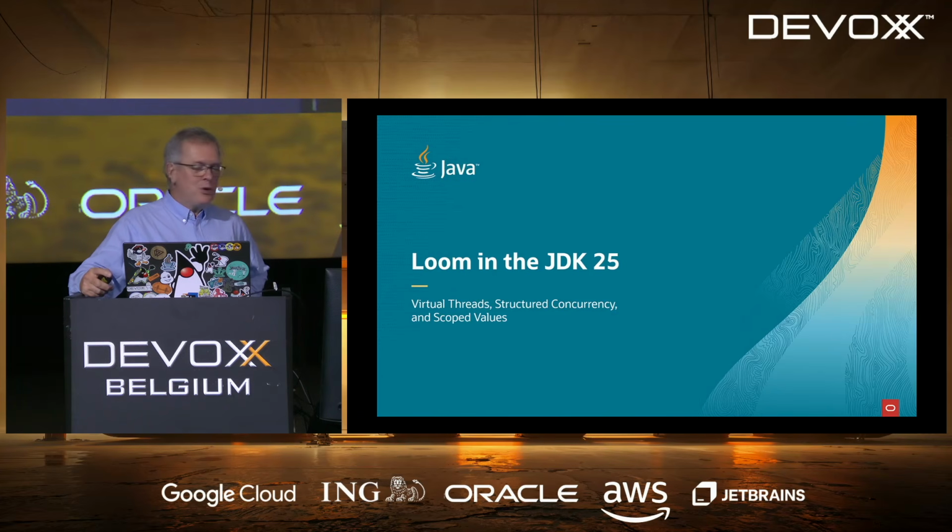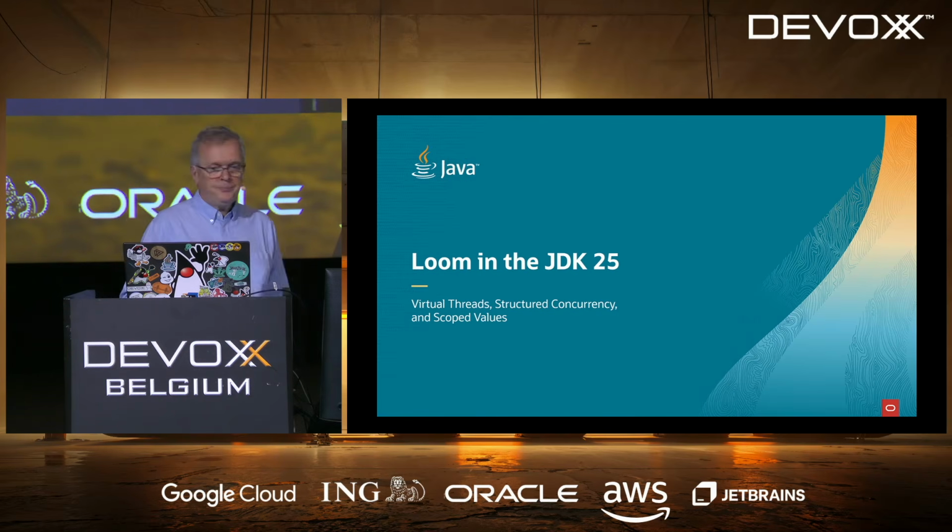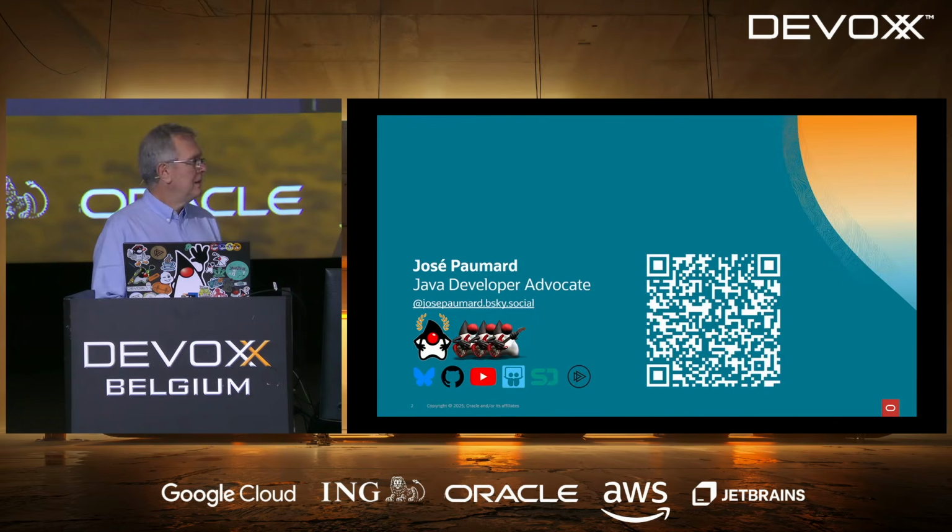And then we'll focus on two other things, scope values and structured concurrency. Knowing that scope values is a final feature in the JDK 25, and structured concurrency is still a preview feature, and will also be a preview feature in 26. Basically the API was redone. The name of the class is the same. Technically speaking, it's not the same because it's an interface now, but that's okay.